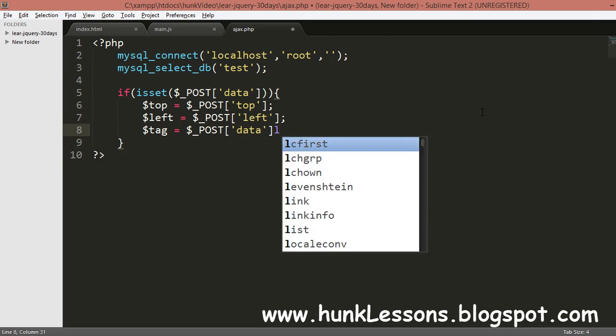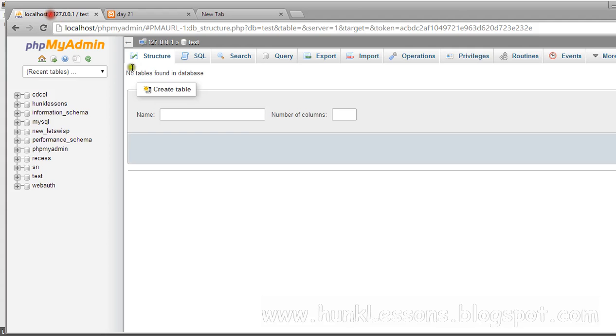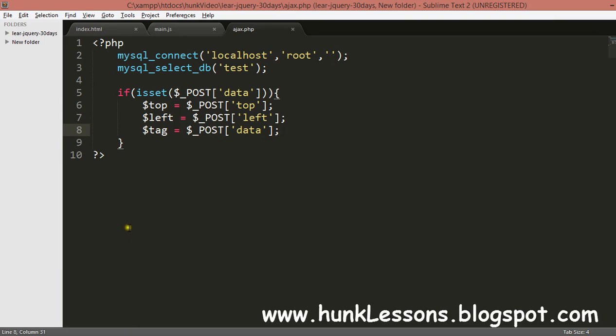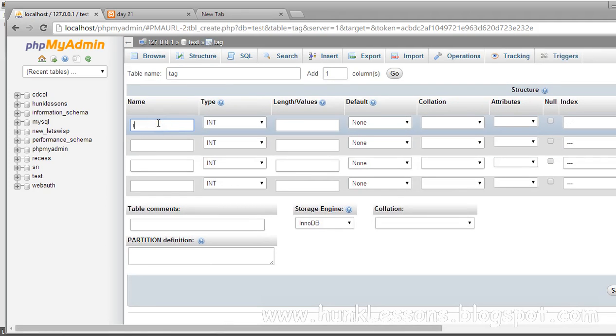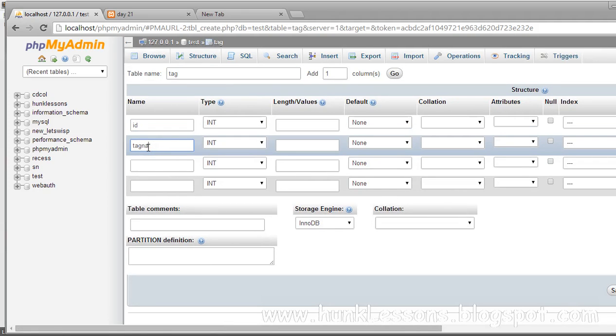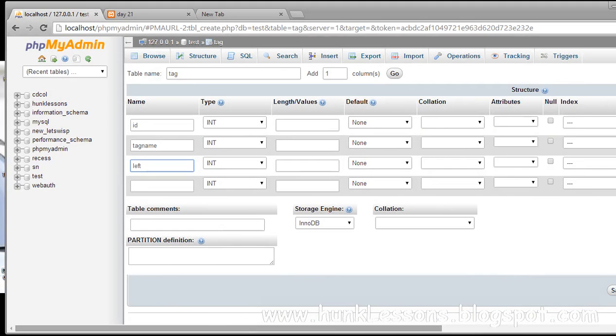Now I will save that out to the database. For this I will create a table in my test database. I will name it tag. I will give it four fields: first ID, second tag name, third left, fourth top.